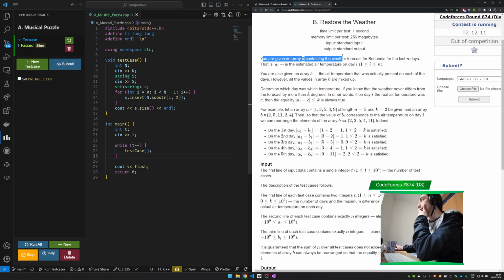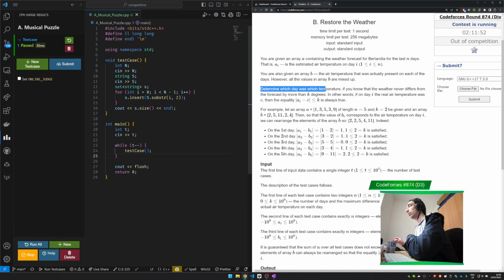Okay, you're given an array A containing the weather forecast for the last n days. A_i is the estimated air temperature on day i. You're also given array B, the air temperature that was actually present on each of the days. However, all values in array B are mixed up. Determine which day was which temperature if you know that the weather never differs by more than k degrees. For example,